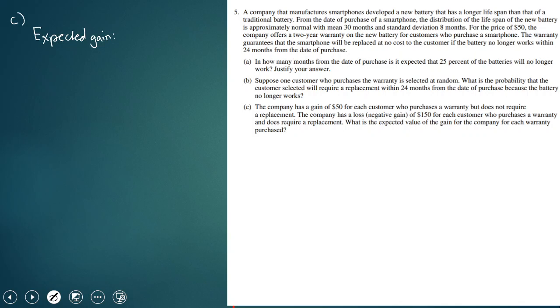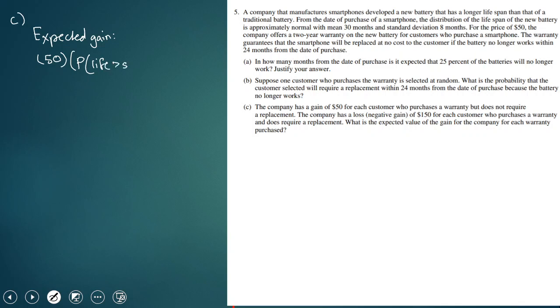Now the warranty is the smartphone will be replaced if the battery no longer works within 24 months from the date of purchase. So we're going to have a probability of greater than 24 months and a probability of less than or equal to 24 months. Now this is an interesting question because it involves the interpretation of the question and the interpretation of the probability relative to the question. So we have a gain of $50, but because it's expected value, we have to multiply by the probability that